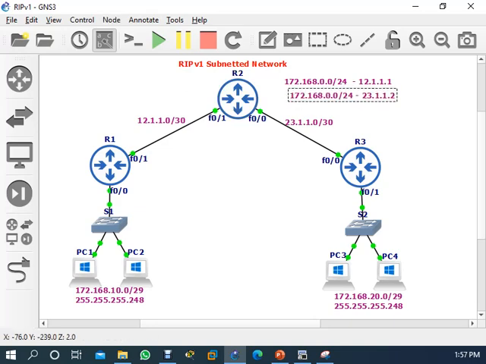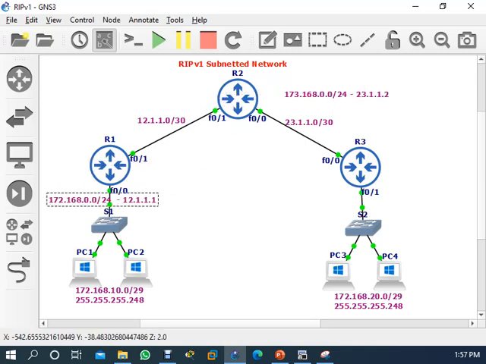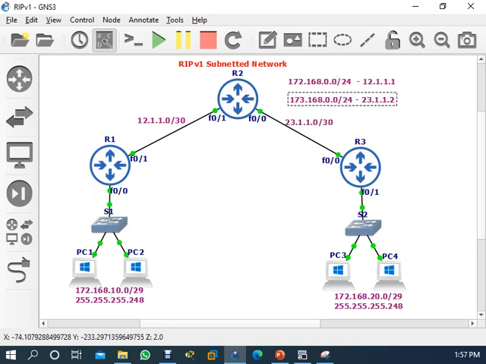Now these two networks are there in the routing table of R2. Now R2 will only send the different routing updates to R1. Now see, if earlier it was 173, the update which was received from R1 is different from this.